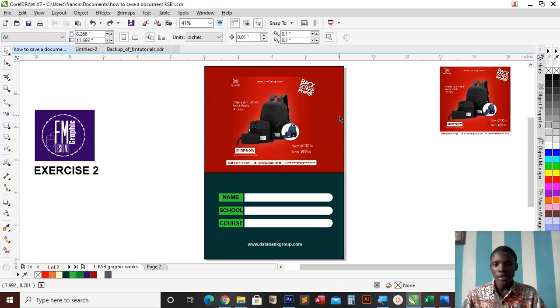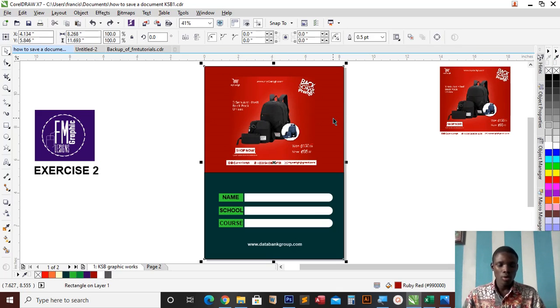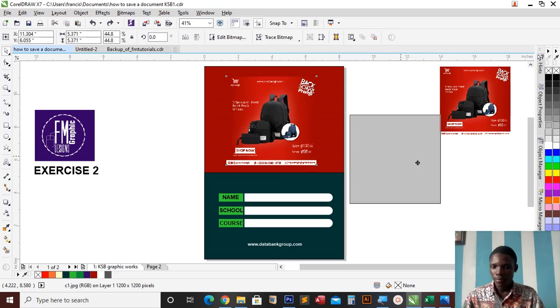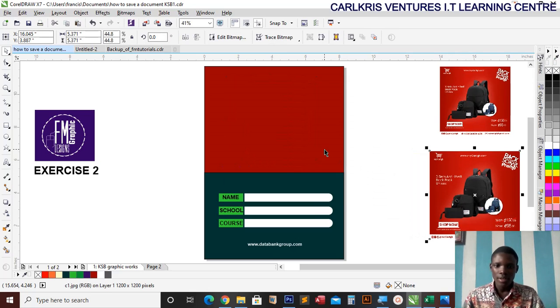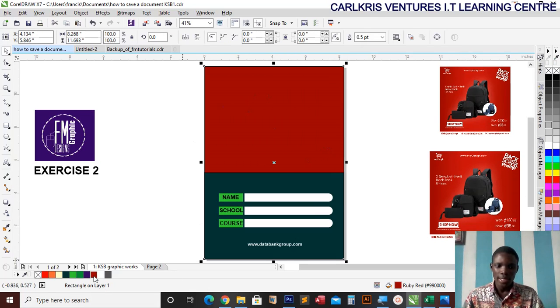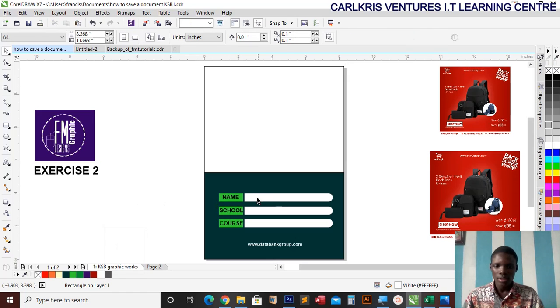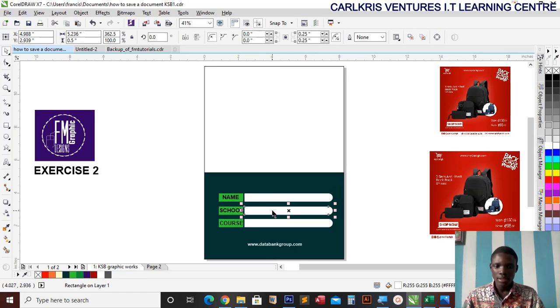So we are going to do our exercise, and we already started our exercise book cover design already. So in this lesson, we are going to finish what we have started. Let's remove the image we have here, change the color right here to white. That is nice. So I want to select these three things here, the rectangles, and change the color to white